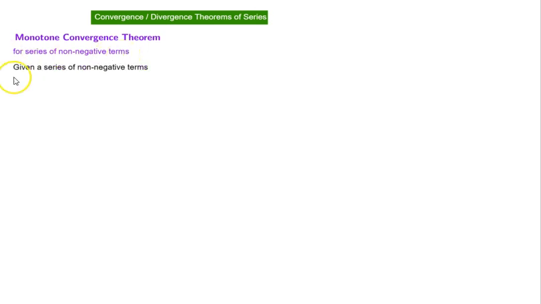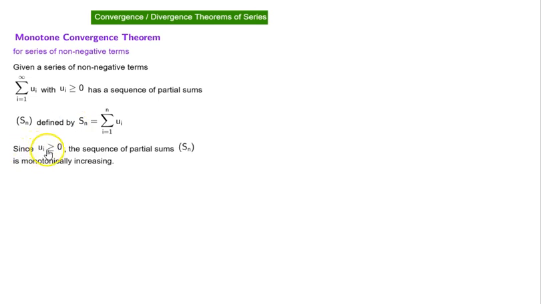Let us look at convergence and divergence theorems of series. So, the monotone convergence theorem for series of non-negative terms. Let's look at this theorem. Given a series of non-negative terms, that is, summation i equal to 1 to infinity of u sub i with